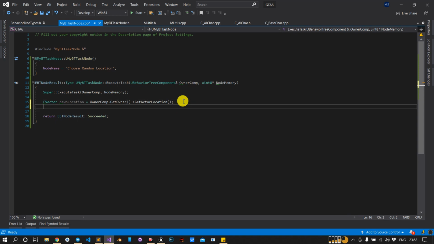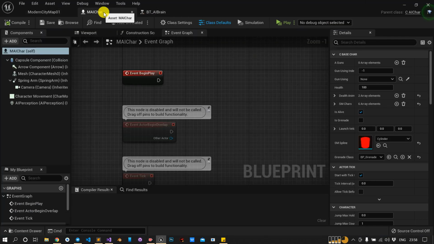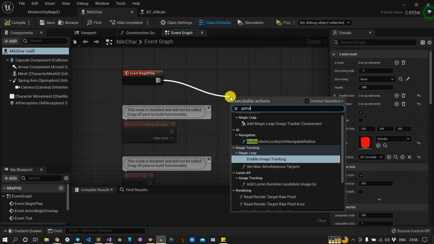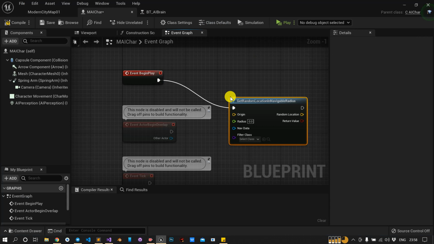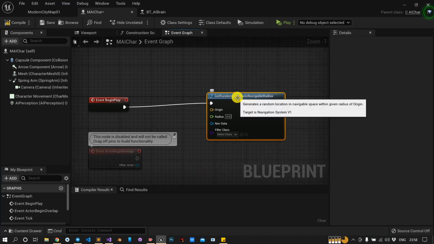Next thing we want to include is a function called GetRandomPointInNavigableRadius. If you know that function, let me show you. Get random point navigable radius. So this function is available; if you hover over this node, in the line below it says the target is navigation system v1.